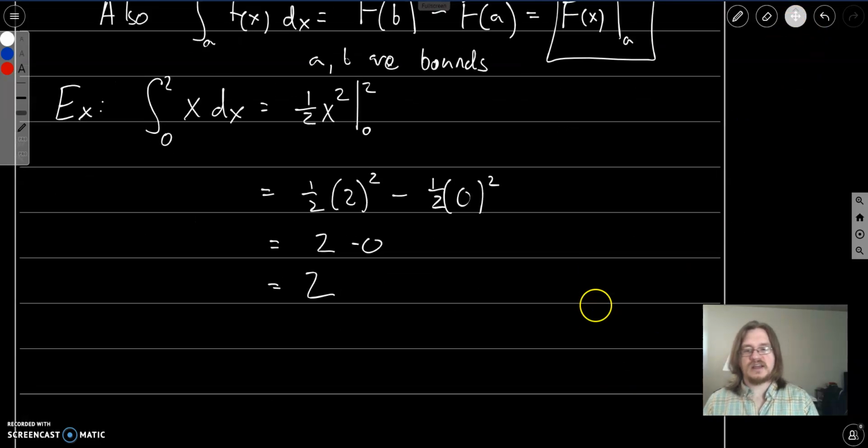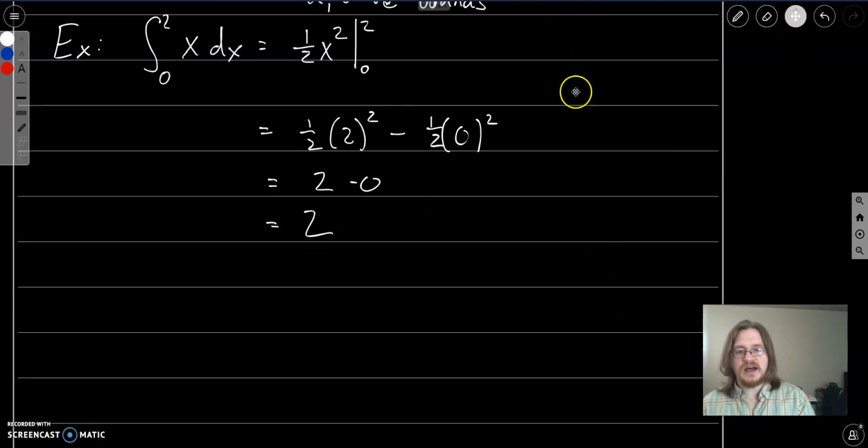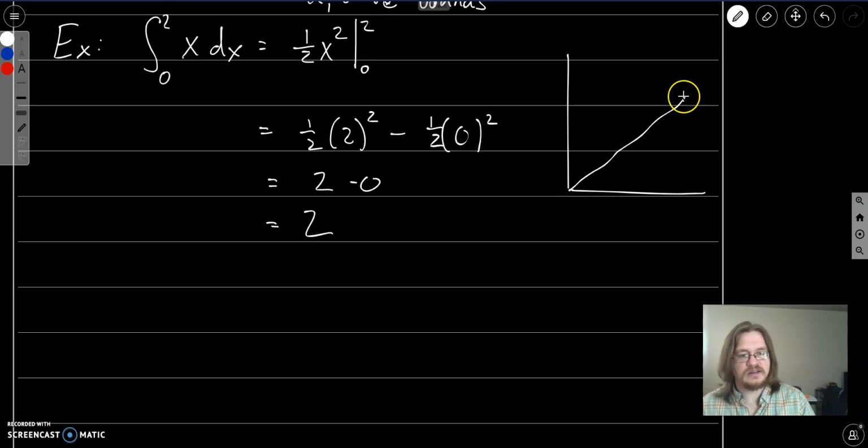There's a couple of points I want to address. I said that this was like the area, right? Well, where is the area in here? What is going on? If I draw the function x, it's just a straight line going diagonally up. And it's going 1 up and 1 over. So where's the area here? Well, I'm going from 0 to 2. So if here's 0 and here's 2,